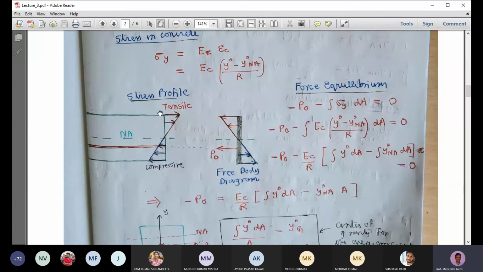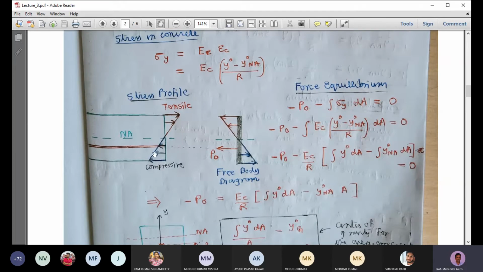So on the rigid plate, what is happening? At this point, the force is tensile. But on the plate itself, the concrete will want to shrink at this point. So it will exert a pull force in the leftward direction. So it will exert an opposite force. If it is tensile here, then it will exert a force in the opposite direction. So the force is to the left.